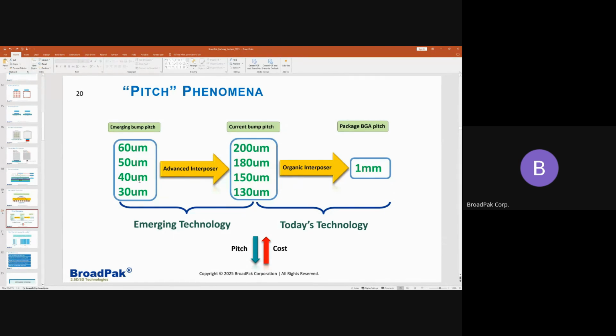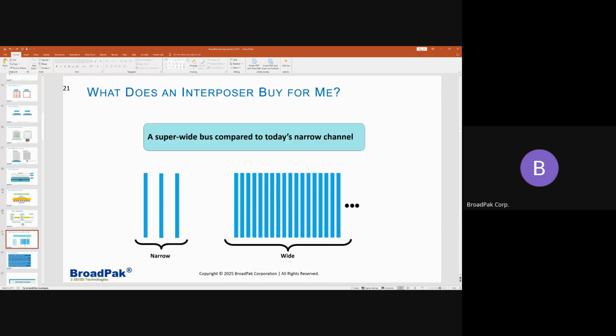So if you have a device with such a bump pitch, we're going to need an advanced interposer to be able to convert it to an industry standard pitch. And then with this type of pitch, we can convert it to the standard 1 millimeter BGA ball pitch using an organic interposer. This is today's technologies. This is basically emerging. So as the pitch goes down, becomes tighter, the cost is going to have to increase. Why? Because now you're going to need the interposer here. If you design with such a pitch, then you just need the organic interposer and you're fine. But